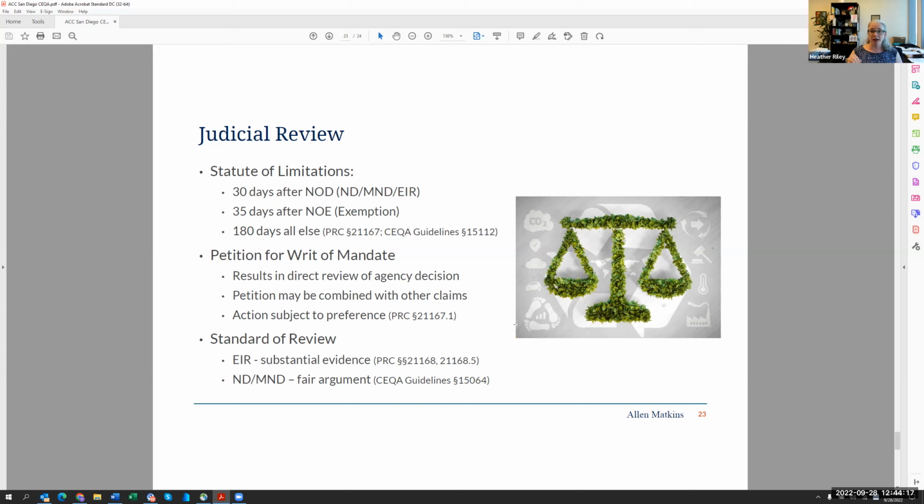But if you get that notice, for instance, if you're doing a negative declaration, a mitigated negative declaration, an EIR, or an addendum, in fact, you file a notice of determination. That notice of determination goes to the county and tells the world this project has been approved. Any opponent only has 30 days to file a CEQA lawsuit. At the end of those 30 days, it's jurisdictional. A lawsuit is no longer timely. People may still file it. It's just not going to go very far.